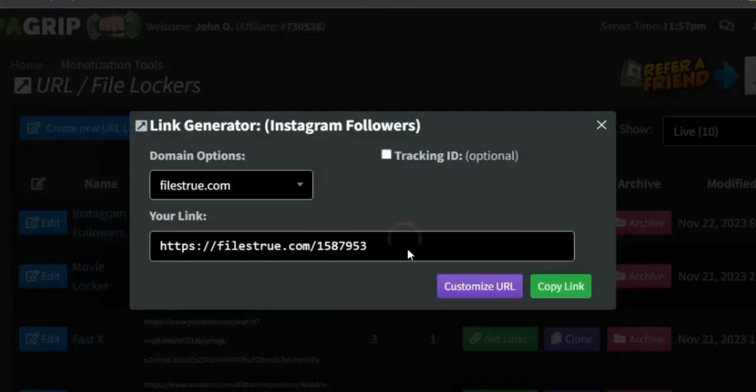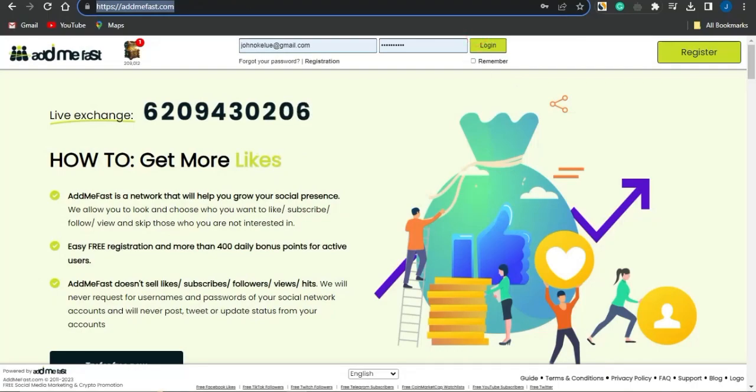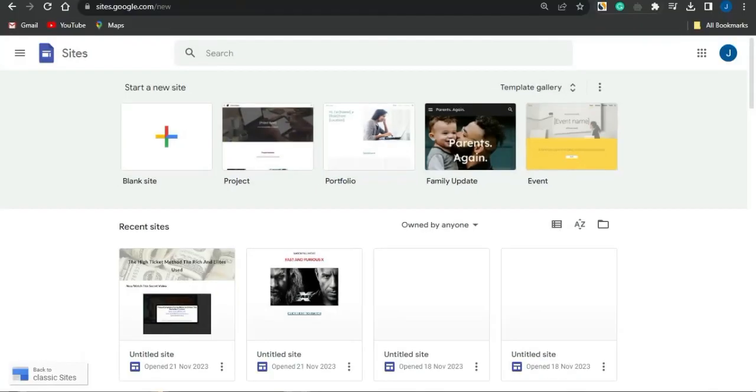And the cool thing about this URL file locker is that once people click on this your unique affiliate link, which you can see right here, it's going to take them to an offer in their demographic, of which they actually have to complete first before they can gain access to this platform right now. So utilize this right now, copy the link, go on to this particular platform called Google Site right now, click on this blank section right here,